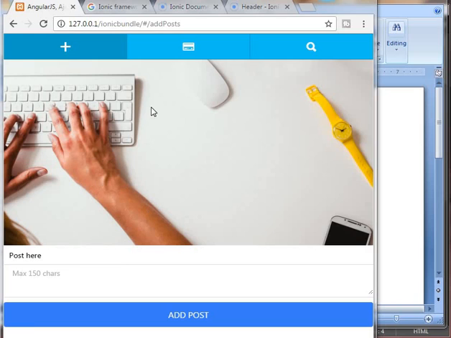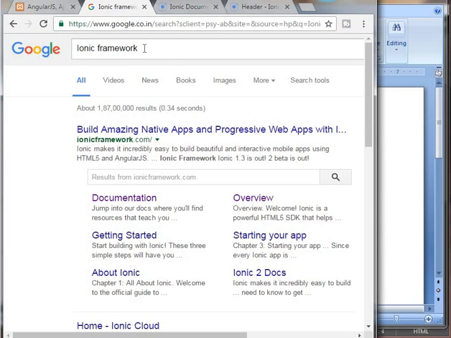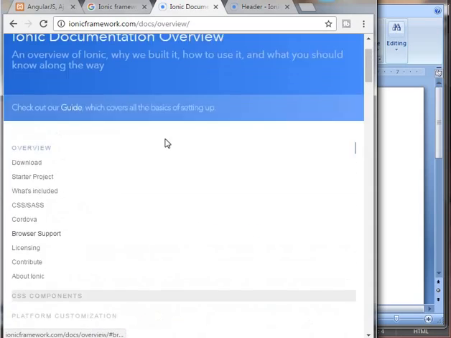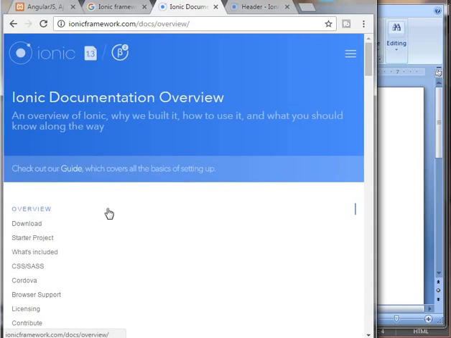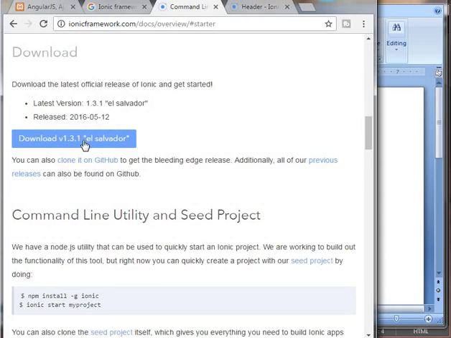To start with our project, first we need to download the Ionic framework from the net. To download the Ionic framework you need to go to your browser, type in Ionic framework, and then you will get this link, documentation. Click this documentation platform, then click on overview, and then scroll down. You will get a link to download the Ionic Framework. Once you click on this, you will get a rar file of the Ionic Framework,